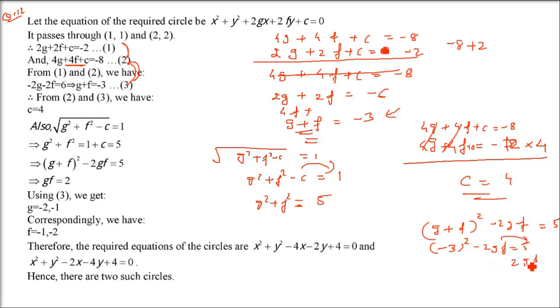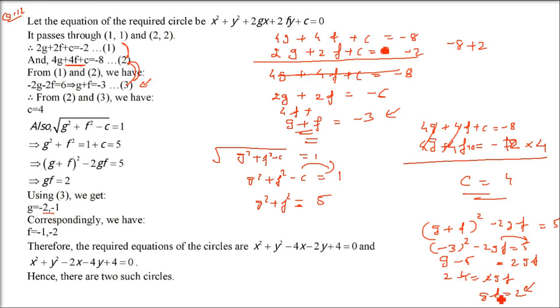So you have two equations now. gf, g into f as 2, and g plus f equals minus 3, and I hope you'll be able to solve it. Okay, I just leave it to you. gf equals 2 and g plus f equals minus 3. So let's just keep this because I'm confident you'll be able to do it.